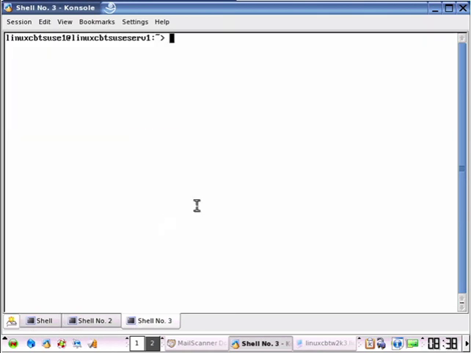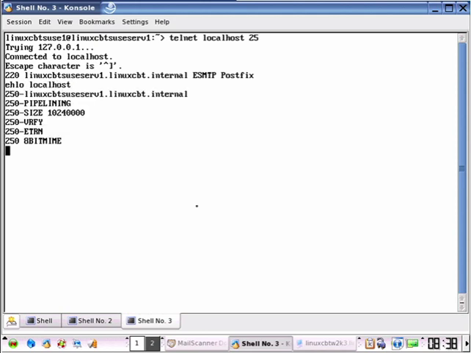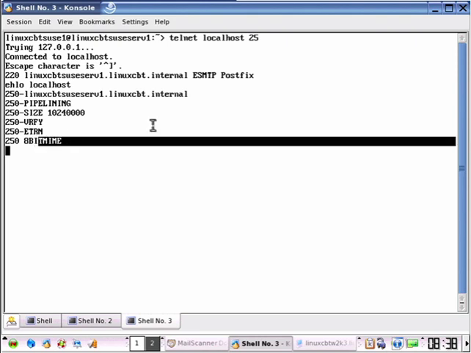Let's open a separate shell. We'll telnet to localhost port 25. Postfix responds and will send an extended hello message, which is done using the EHLO command for extended hello, and we'll identify ourselves as localhost. This will return the features that the MTA supports, including pipelining, verify, ETRN, 8-bit MIME, and so on. What you don't see is the auth response, indicating the support for SMTP auth